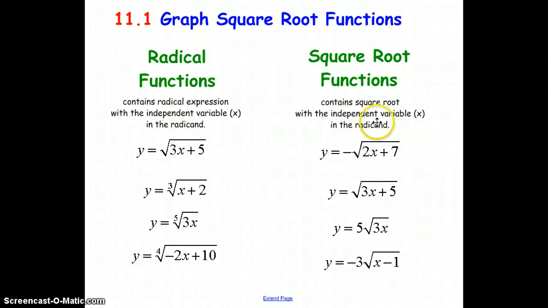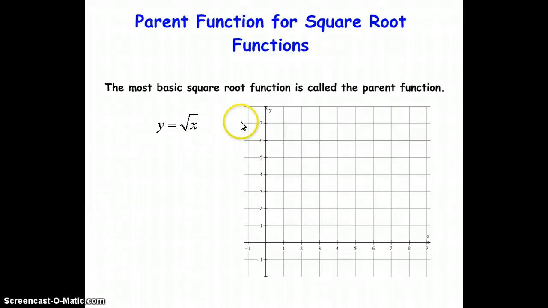So square root functions contain specifically square roots. So there is no cube root or fifth root. They're all square root functions, and they also have their independent variable in the radicand, which is the expression inside the square root. Okay, so then we're going to go to the next slide,